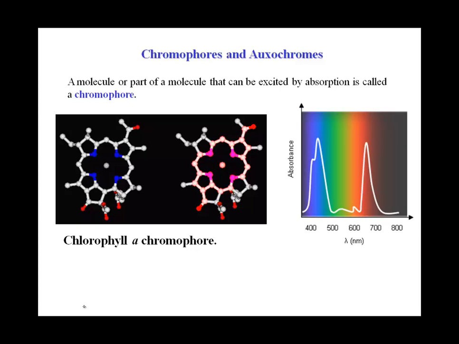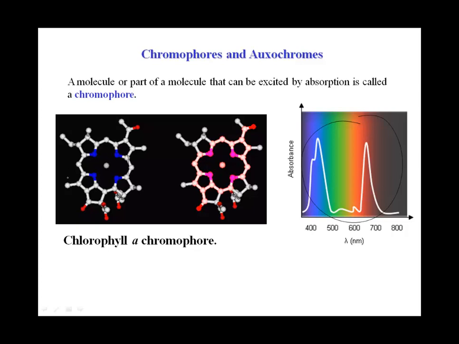Right. So you've got a lot of this type of system in biological systems, and perhaps the best example is chlorophyll A, which occurs, as you all know, in green plants. And of course, if you do the absorption spectrum of chlorophyll A, you get two bands in the visible region. We talked about beta carotene. It was a linear system, but